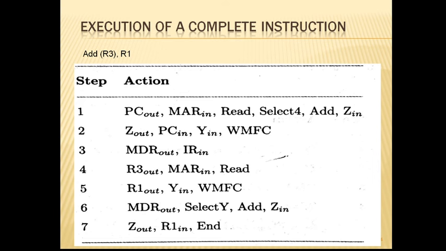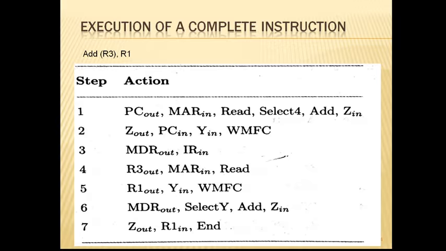So this discussion accounts for all the control signals in the figure, in the sequence of steps, except for Y in in step 2. There is no need to copy the updated contents of PC into register Y while executing the add instruction, so we are not copying the updated value of PC again. But in a branch instruction the updated value of PC is needed to compute the branch target address. So to speed up the execution of branch instructions, this value is copied into register Y in step 2, so that one change will be there.